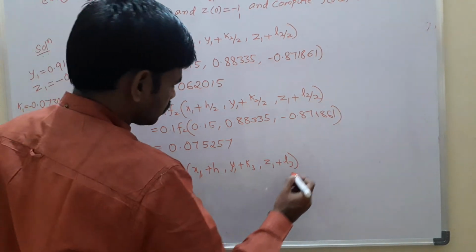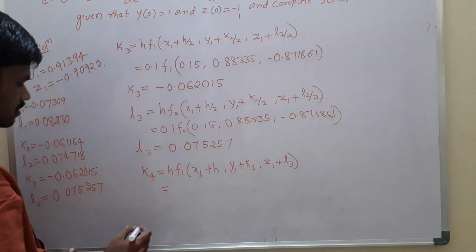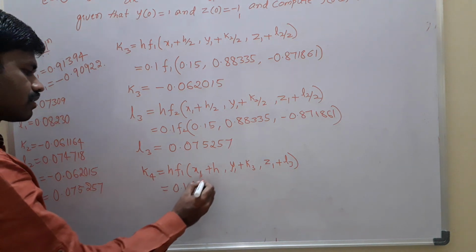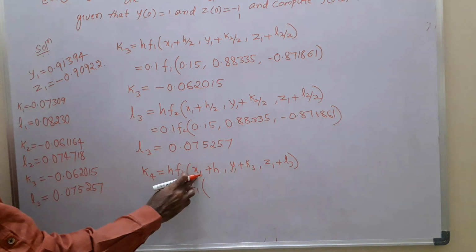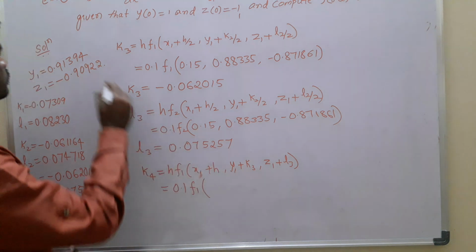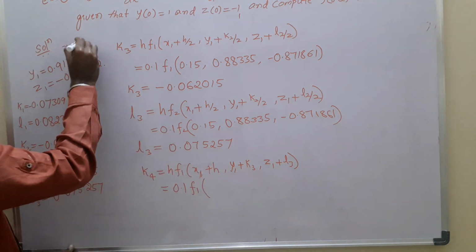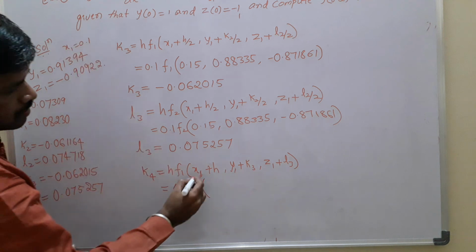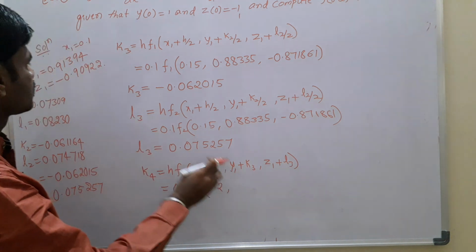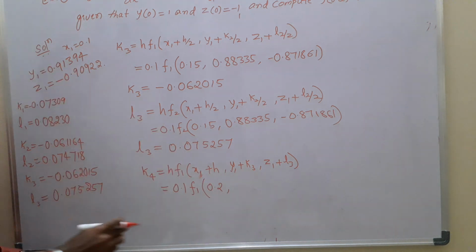So that is equal to h is 0.1 into f1, x1 is 0.1 plus h is 0.1, plus 0.1 we get 0.2. y1 is 0.91394 plus